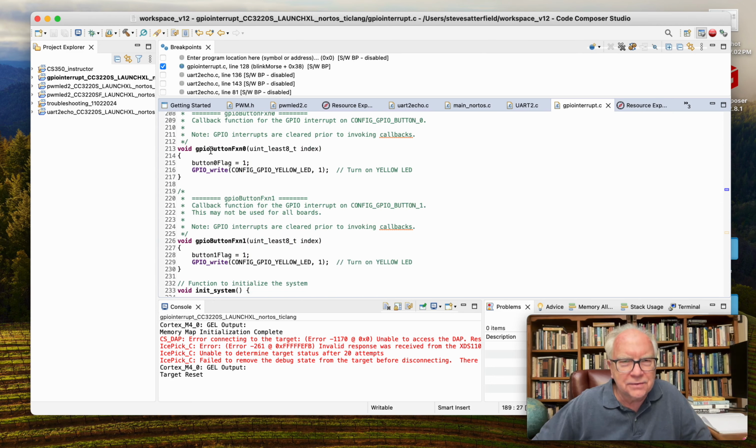Okay, these are the button callbacks I mentioned. I'm setting the flag to 1 for that button. Here I set the flag for this button to 1. And in either case, I am turning on the yellow LED so that,